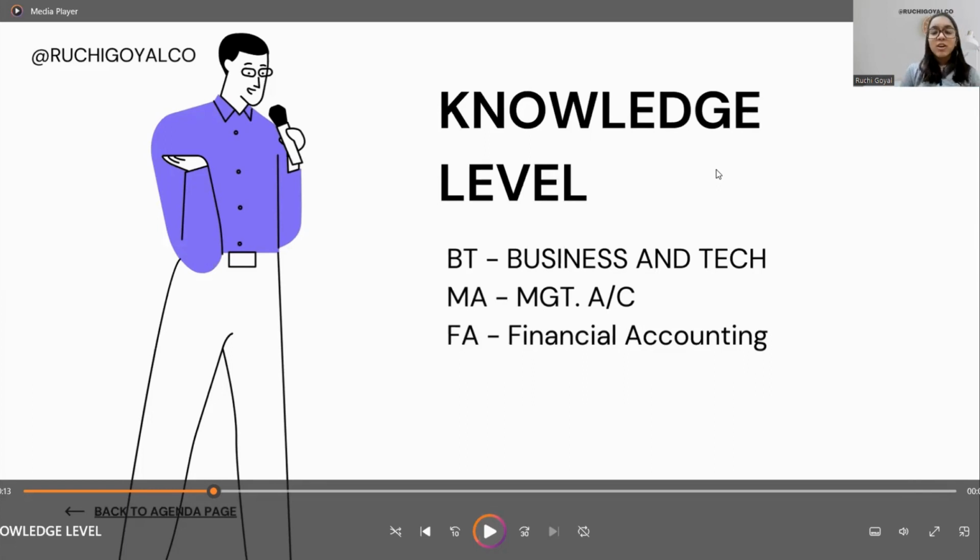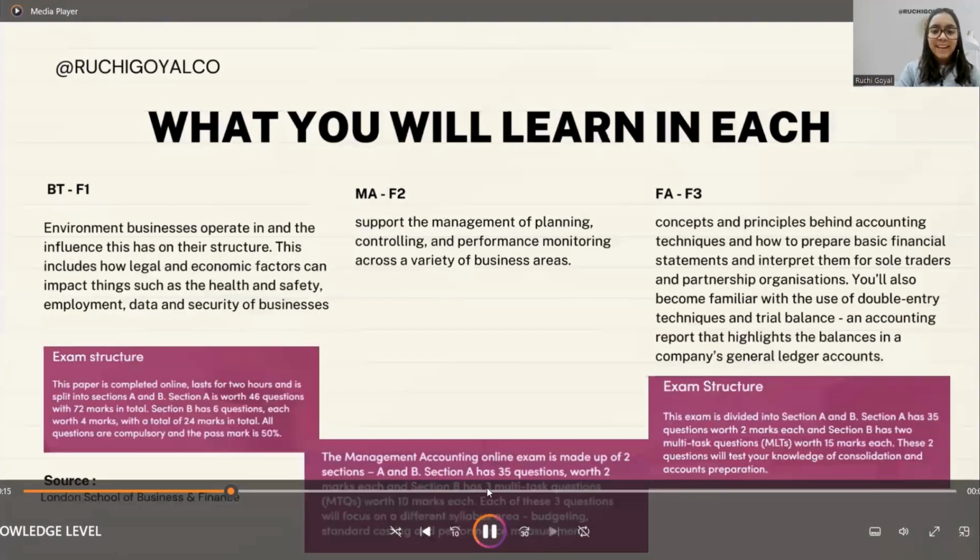So I was talking about how a student with an exemption is different from a student who doesn't take exemption. It's my personal opinion, and I don't want any arguments in my comment section. "Ma'am, how dare you speak like that?" Of course, this is my personal opinion. Now let's move on to each paper that we have to talk about.